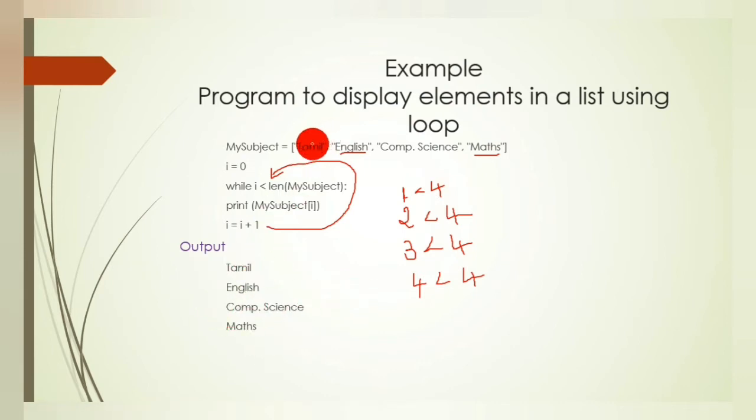Now you can see, you can read all the elements present in this list. So you are able to display all the elements present in the list by using a loop, okay. Is it clear how you can access all the elements present in the list by using the loop? We just increment the index value for each iteration and we can display the elements by using the print function. Okay, is it clear? Okay, now you can see the next one.